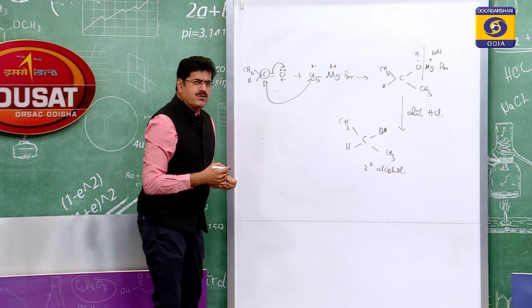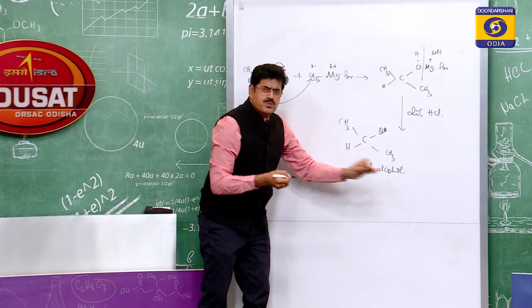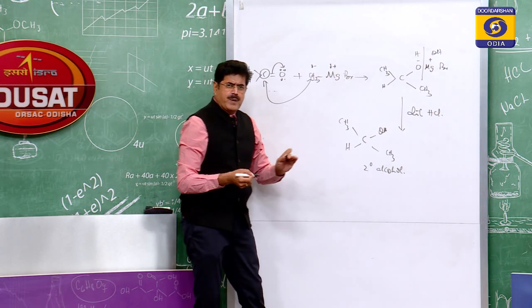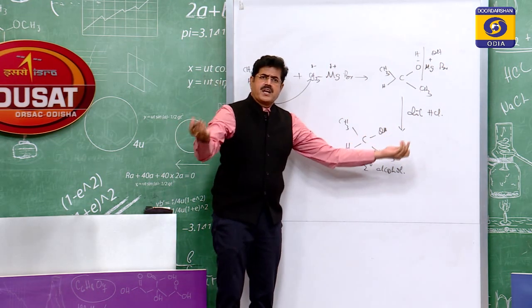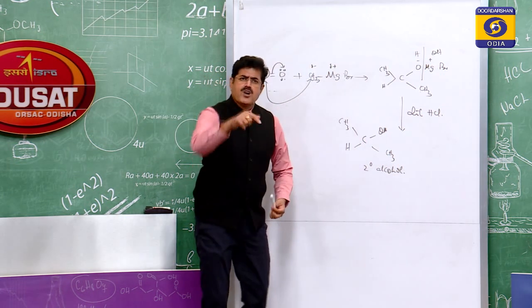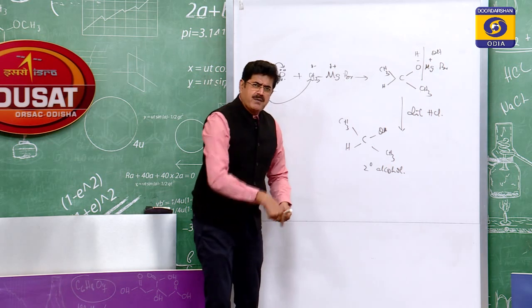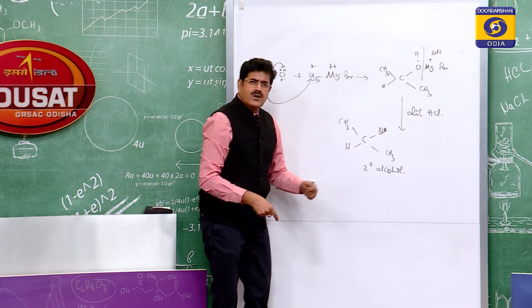Isopropyl alcohol by using a suitable Grignard reagent. So isopropyl alcohol is propan-2-ol, common name isopropyl alcohol. What type of alcohol is it? It is a secondary alcohol. Why? Because OH is attached to a secondary carbon. Why is it called a secondary carbon? Because the carbon is attached to 2 other carbons.